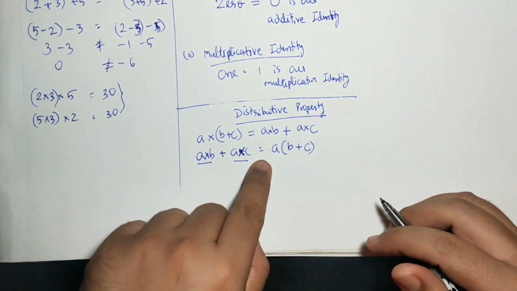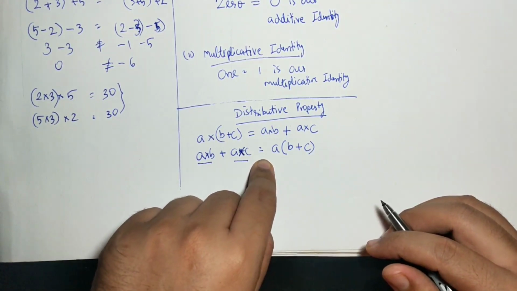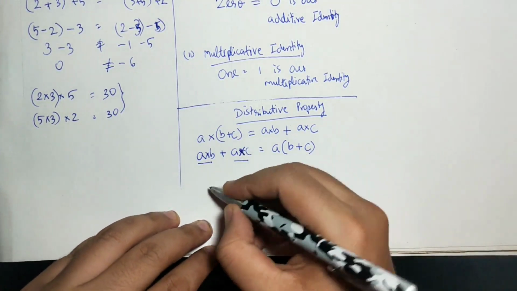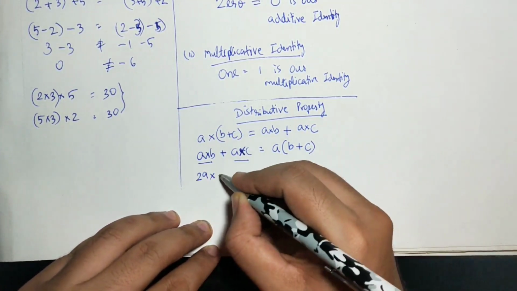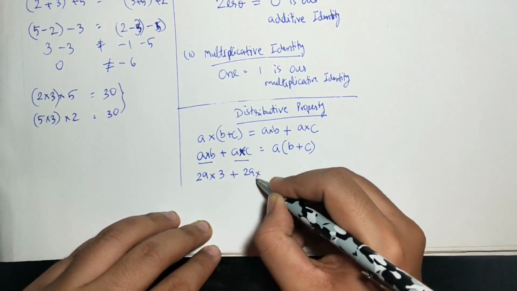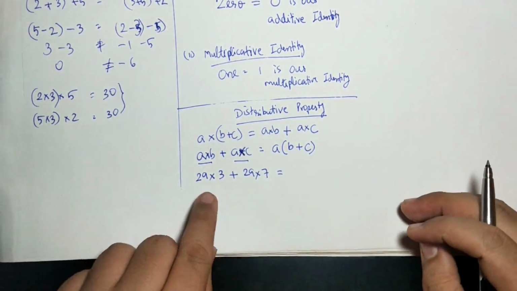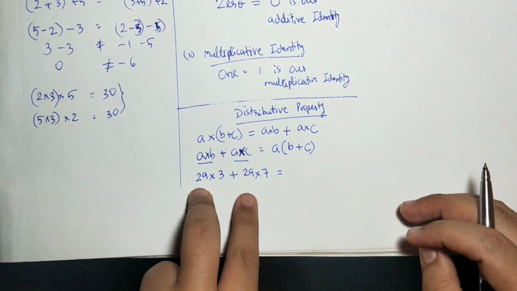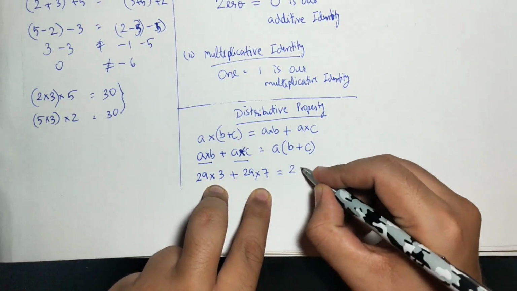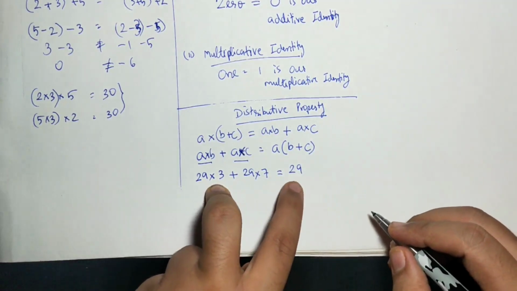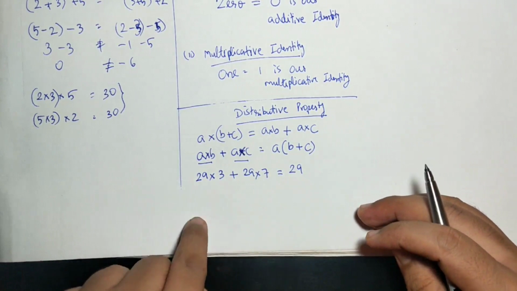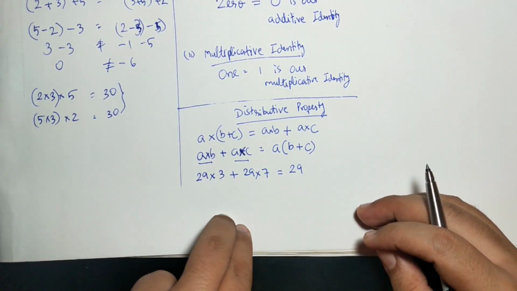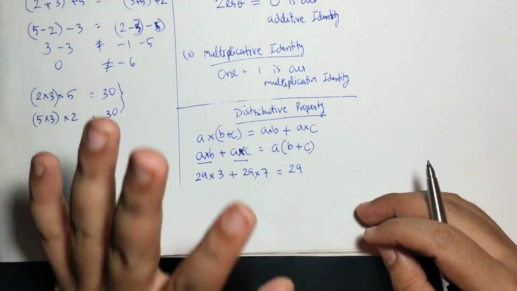So from this you know how to find this, and from this you now know how to find this. Let me show you with a number example so that you understand it better. Suppose 29 multiplied by 3 plus 29 multiplied by 7. As you can see, both the terms have 29 common. So I'll write 29 outside. You can multiply 29 by 3, you can multiply 29 by 7, and after getting the answers, you may add them. That will be the correct answer.